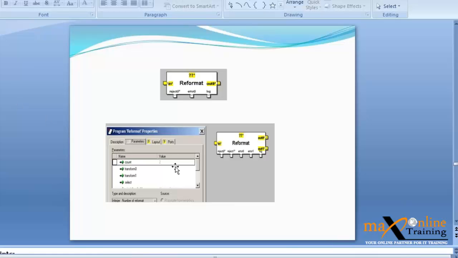Here I have a window which shows the increase in the count variable. I have the count as 2, so the output ports will be increased, and you can see the transform parameters are also increased. Since the filter is applied before the reformat, it will be only 1. All the records will be filtered, and the filtered output will be sent to the